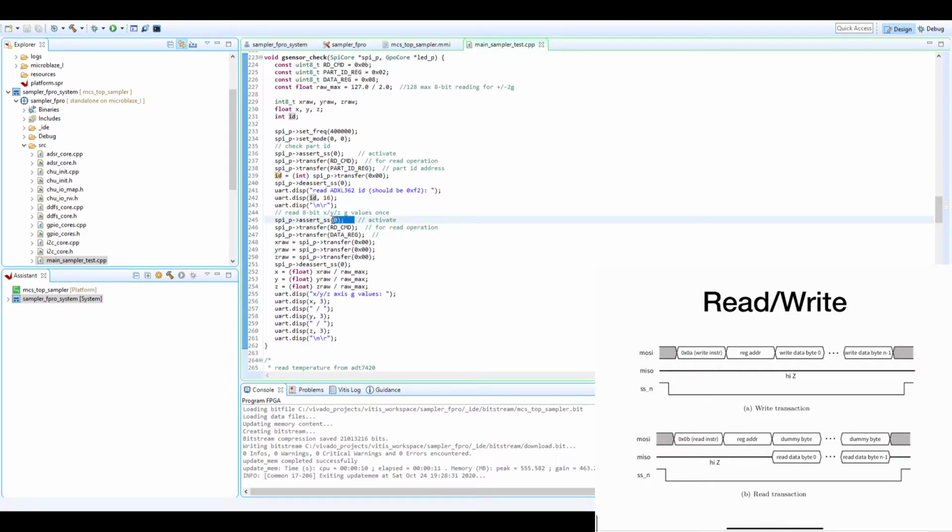So we assert the slave select, we send it the read command, we send it the data register, which is register 8, and then we read a byte and another byte and another byte. So it's actually automatically incrementing from 8, 9, and 10. That's the X and Y and Z. And then we deassert it to tell it, hey, we're done reading that transaction, and then we divide it